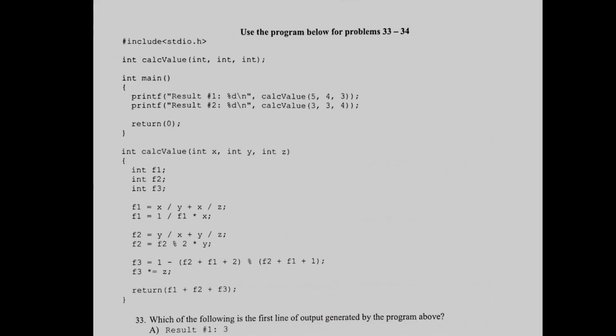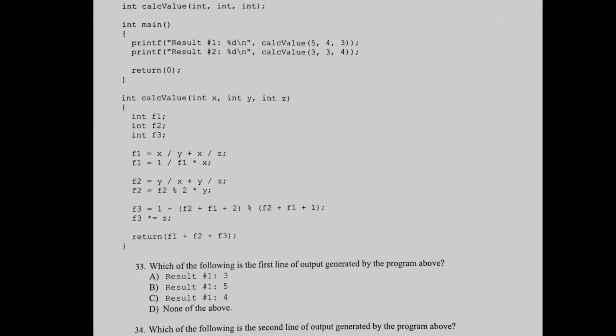All right. Moving on. It asks to use the program for the problems 33 to 34. And the first question, 33. Which of the following is the first line of output generated by the program above? You can see that it's calling another function, and it's passing 5, 3, and 4, and then it's printing the